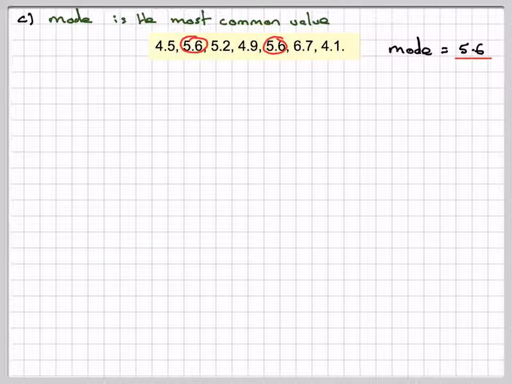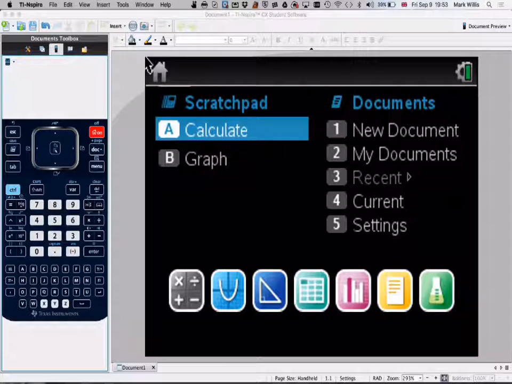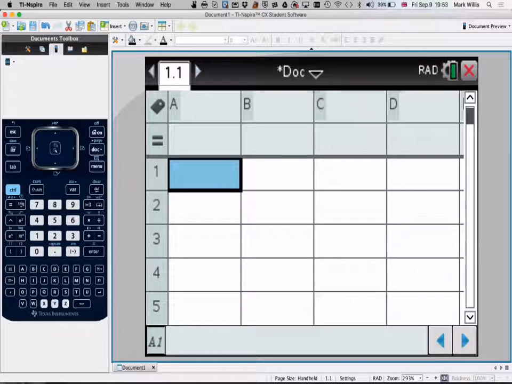So going to my GDC, I'm just going to show you how to do it now. When you turn the GDC on, it's like this. We need to select spreadsheet mode. Now you can either label the column X, or we can leave it as A, and then put in the values 4.5,